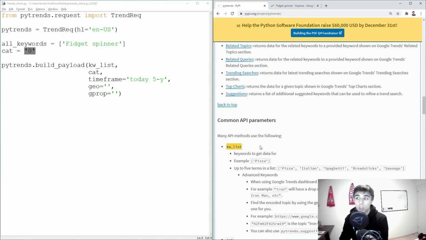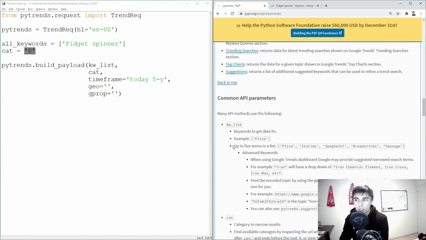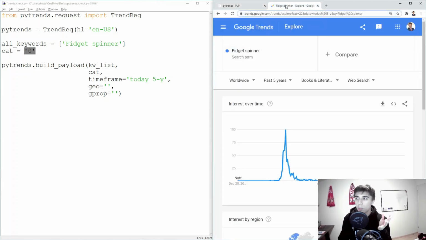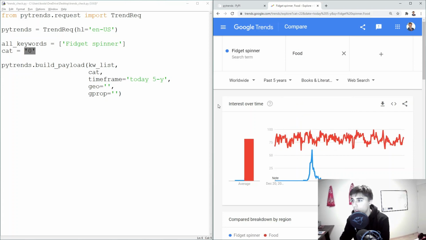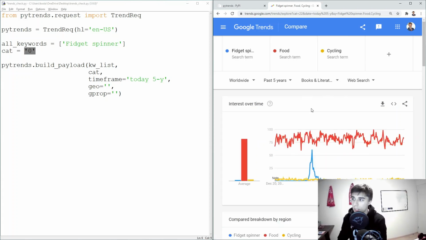So the keyword list, it's quite clear. Here it's mentioned that there are up to 5 terms in the list. This is partly true. Let's say that there's a workaround on this. Because basically, if you add here, let's say, food, which has a lot more interest than fidget spinner, you'll see how that compares, right? So you can add one more, maybe cycling, and you can add one more, and in this case there's a